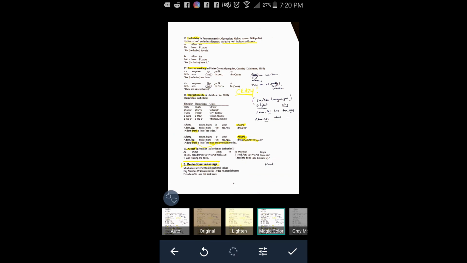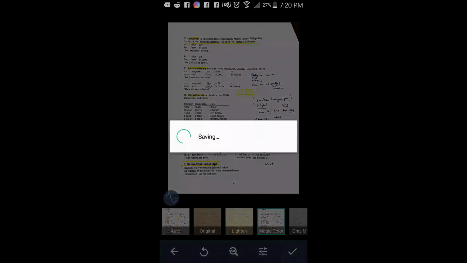That says crazy, plural. Which part is crazy? I can't see what I wrote. Anyway, so I save it,